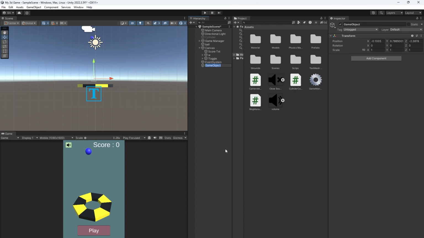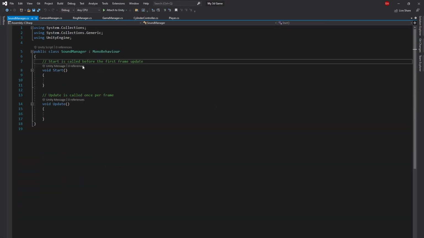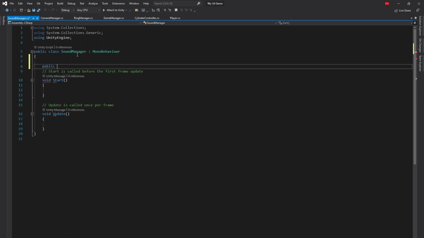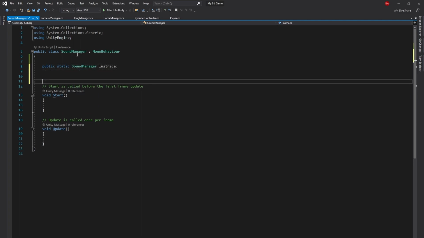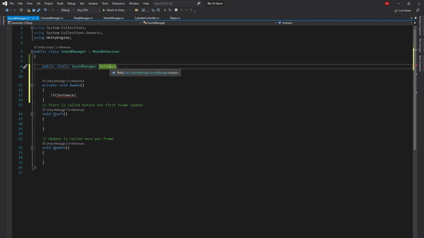Okay, now let's add some sound in our game. So I will create an empty object named SoundManager and reset it, add the sound manager script, open the script, sorry. First of all, I will create an instance of this: public static SoundManager instance. And after that, in Awake, if instance is equal to null,